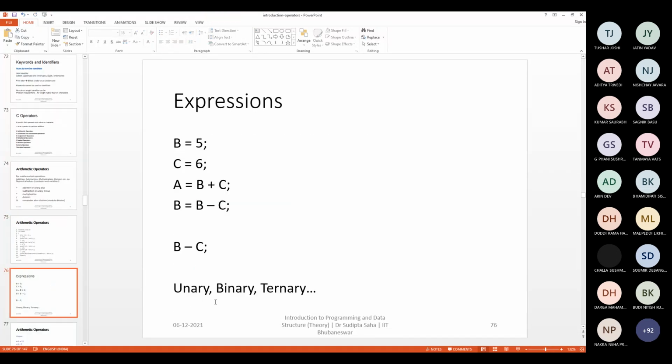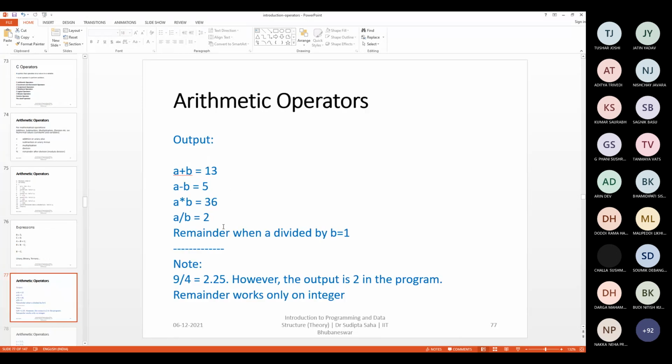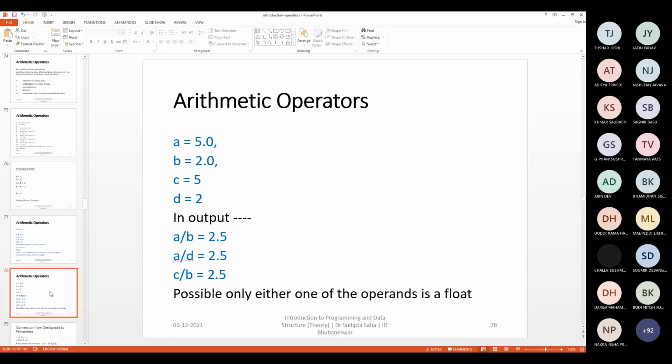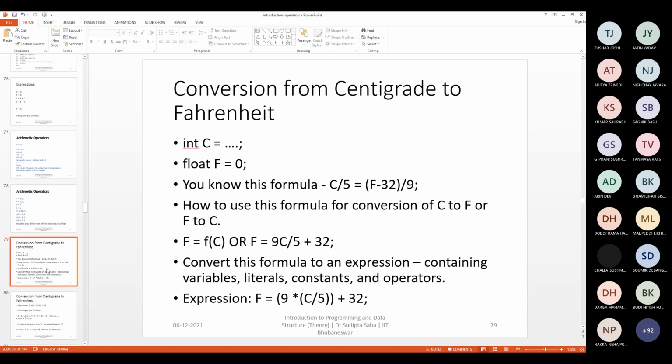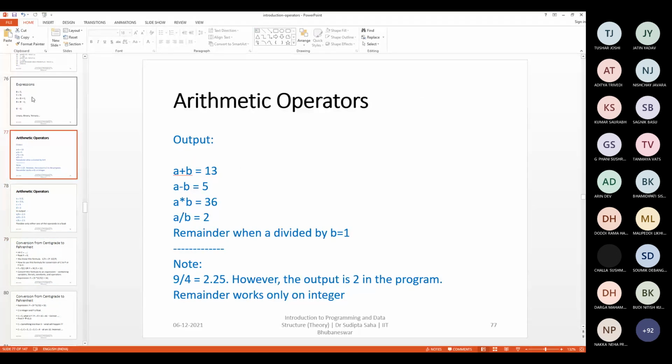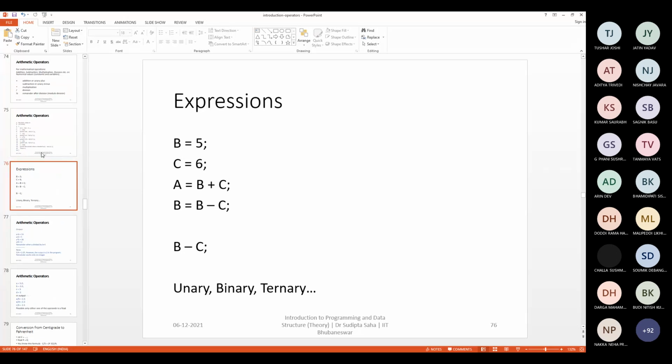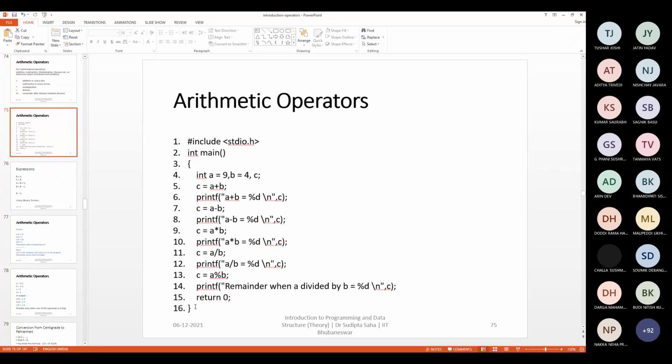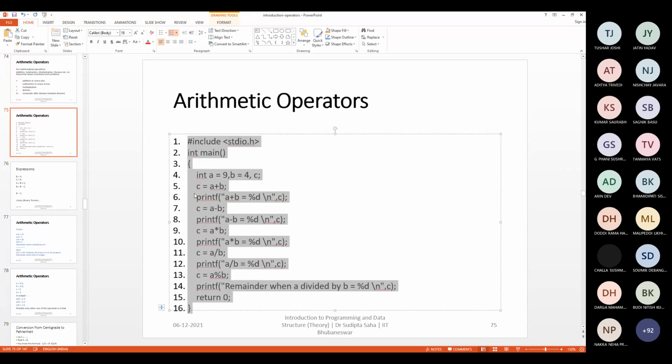So the values will be printed as something like, I don't know whether I have the outputs or not. Yeah, I don't think I have the outputs. Just see the outputs, there will be no problem. Okay, just check the outputs. So you can run this program directly and check the outcomes. And the outcomes are very clear, straightforward here. No need to actually see the outcomes here.